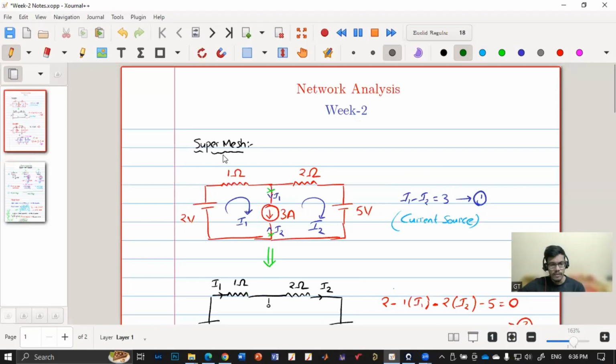So Supermesh is a scenario where a current source is being shared between two meshes. Here we have this mesh I1, and here we have I2. So this current source is being shared among both these meshes. So in such a scenario, if you directly apply mesh analysis,